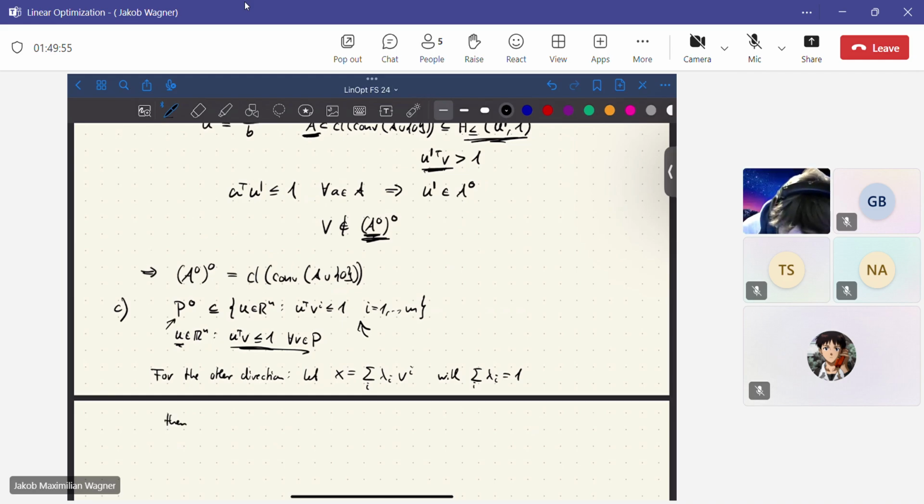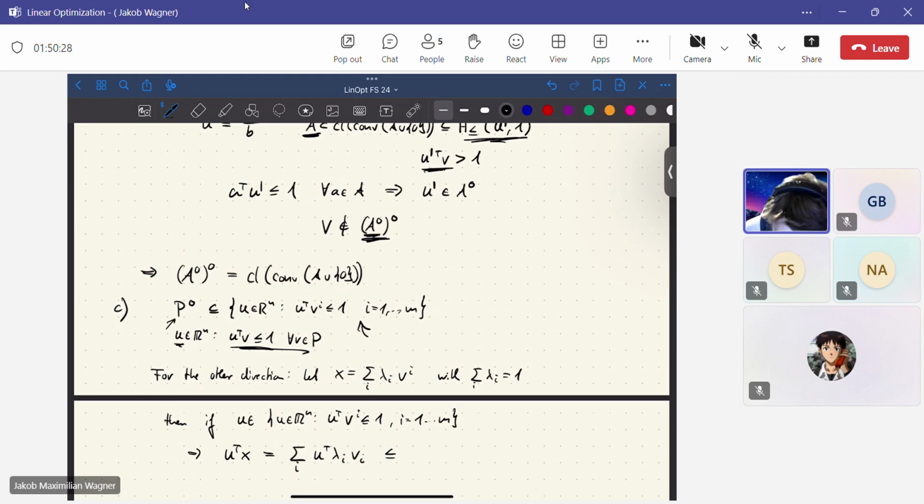Then if U is in the set of all U in Rn such that U transpose Vi is less or equal 1 for I between 1 and M, we get that U transpose X is equal to the sum over the I's U transpose lambda I Vi,